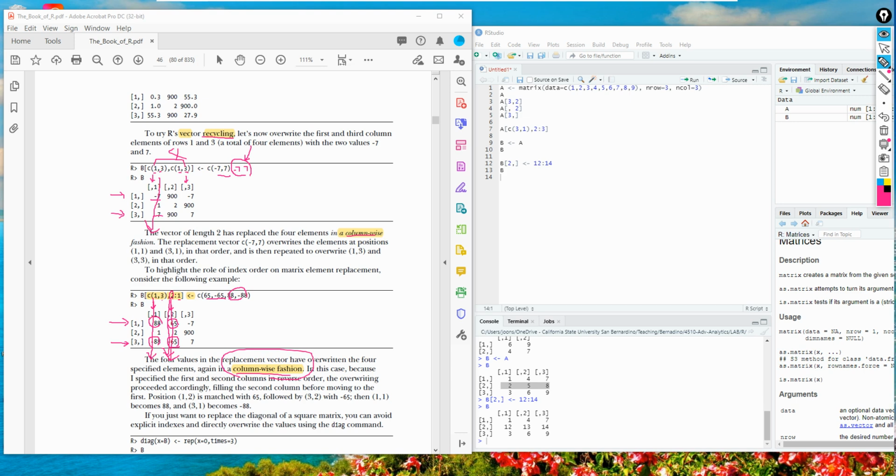So this is the recycling, and then minus 7 and then 7. So this is a columnized fashion. This is what they mean by replacing the 4 elements in a columnized fashion. This is the concept of recycling.